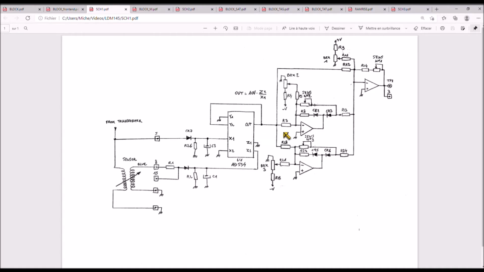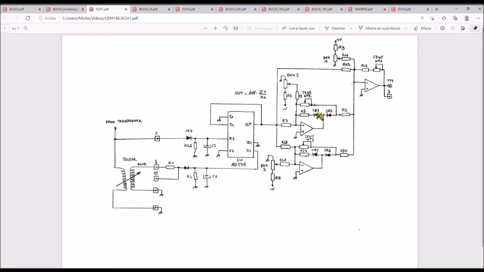This amplifier has three different slopes depending on the voltage here. So depending on the level of this voltage, one or both amplifiers are used here. When the voltage is small, below the given threshold, which is defined by this trimmer or this one, these two stages are not used. Only this amplifier is used for low voltages. So let's have a look at this amplifier. For example, it is the same for the other one.